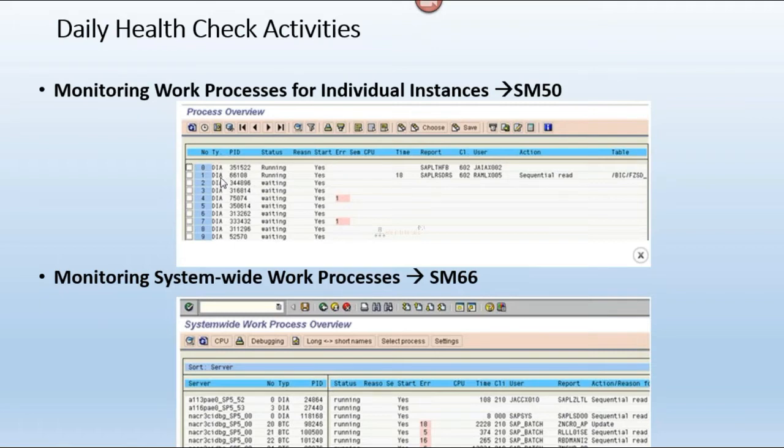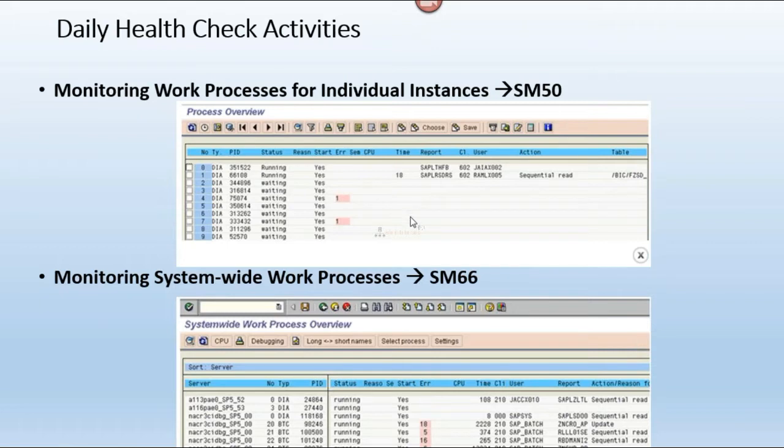Whenever one dialog work process is executing, it will execute a program and SQL statements, right? This work process contains one request, correct? This work process request may be calling some other request.